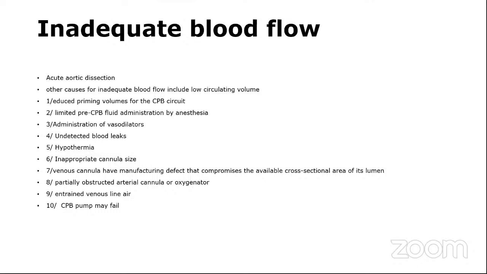So we can restore it by slowing the cardiopulmonary bypass flow, or clamping it for a while, then refilling the venous line. Once the air goes to the vacuum, then you can continue and complete. Then cardiopulmonary bypass sometimes fails,